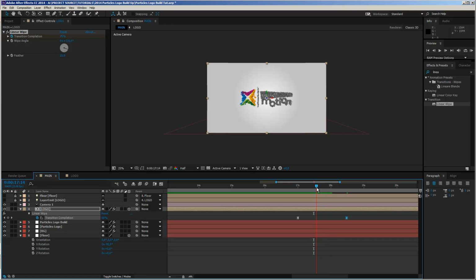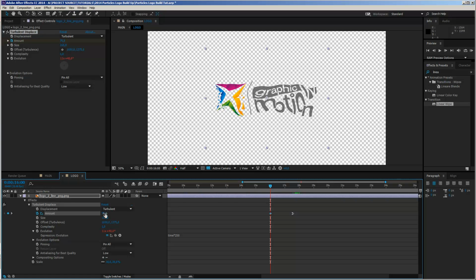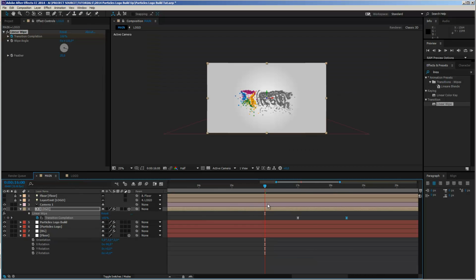So let's say I will just move my cursor to around 17 seconds and 40 frames. And now let's move here and let's take a look. And let's just drag out our last keyframe here. And maybe I also want to increase the amount from 50 to 75, or even 100, so that we have really a strong distortion. And this may create a little bit more of an organic feeling.